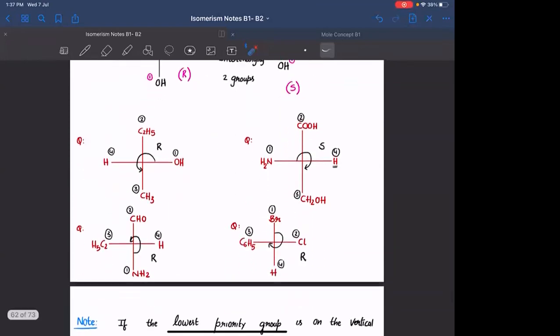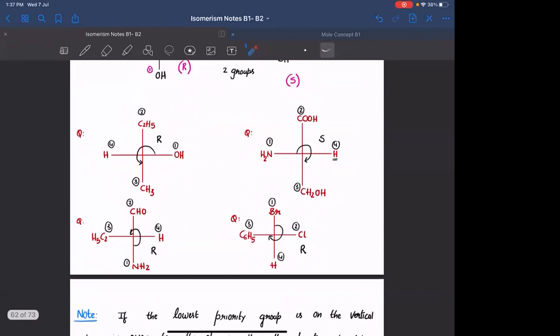Always see if the given two compounds are identical or are they mirror images of each other based on assigning RS configuration. Write the configuration of the molecule. If both the given molecules are R, इसका मतलब दोनों same compounds है. If one of the molecule is R and the mirror image of it is S, the other molecule is having S, then they will be enantiomers. What are enantiomers? Enantiomers are non-superimposable mirror images of each other. The two optical isomers which are mirror images of each other, they are called as enantiomers. Okay?